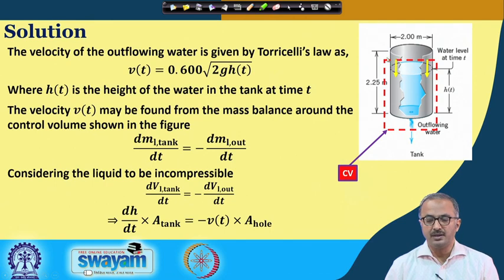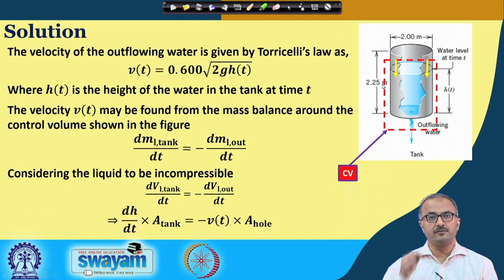Here we first choose the particular control volume, and then to find the variation of the water level with time, we do a mass balance. We do this on a macroscopic scale. When we apply the conservation law, it is input minus output plus generation equal to accumulation. Because there is no input, the input term is 0, and we assume there is no reaction, so there is no generation inside the water. So it is basically only output. We have minus output equal to accumulation.